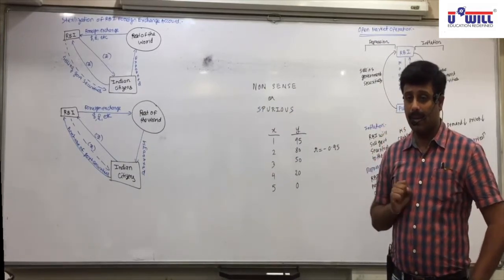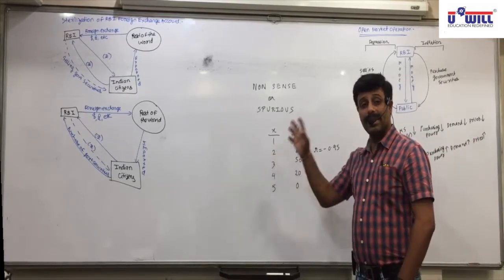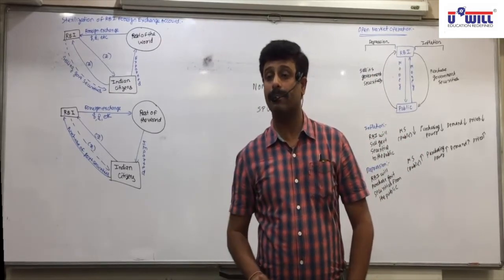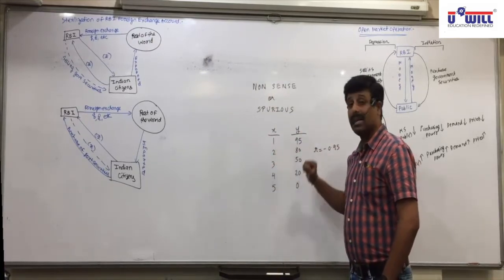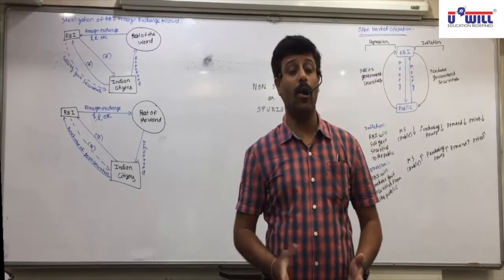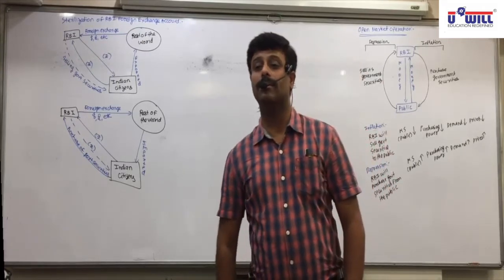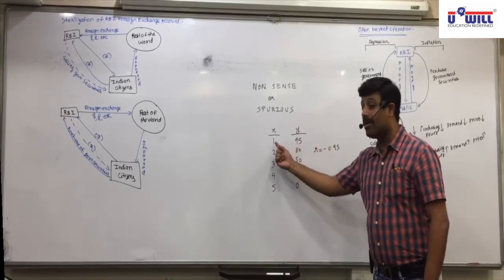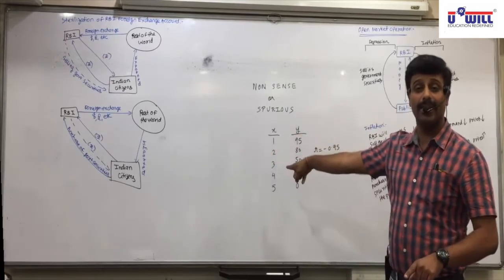Practically, can you tell me, are the marks depending on the number of hours studied by Dash? No. There is one more factor which is affecting it. Maybe he studied for only 1 hour, but the paper was very easy, so he scored 95. Or maybe he studied for 1 hour, but he really copied from Charuda, so he got 95 marks. So practically here the marks are not depending on hours studied by Dash. There is a third factor which is affecting it.